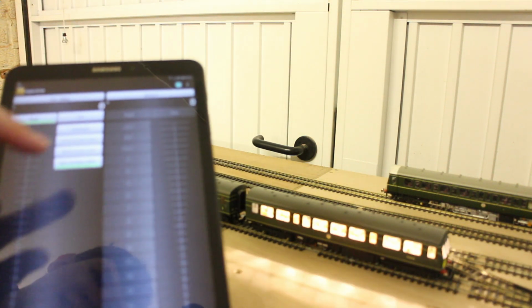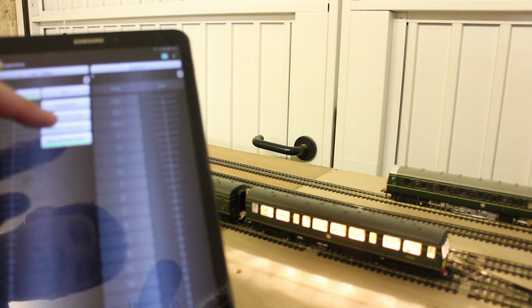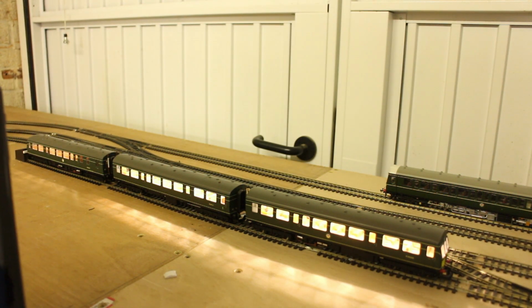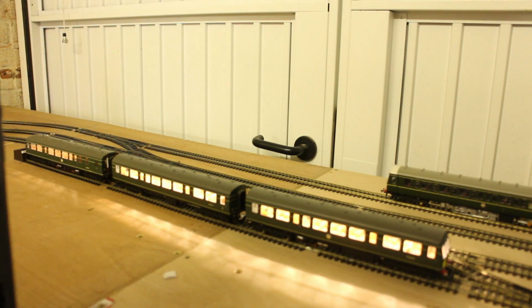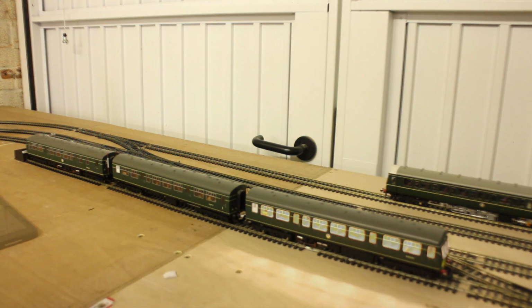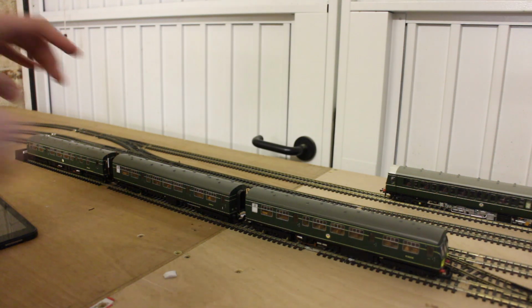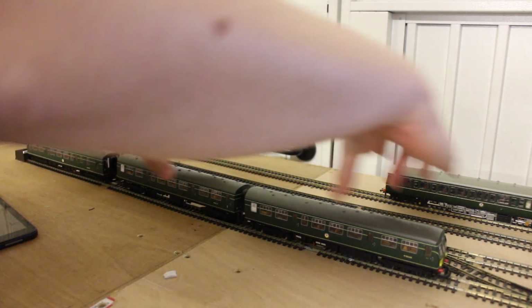So if I now click rear coach lights, they come on. If I click middle, the front and middle do come on. That's because the decoder values in the front one are messed up. A seamless transition there. So now the next thing to do is I'm just going to take these off the